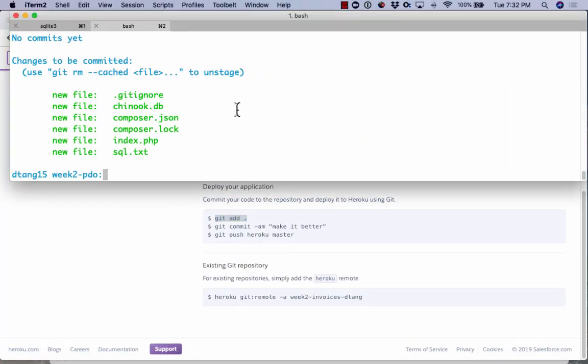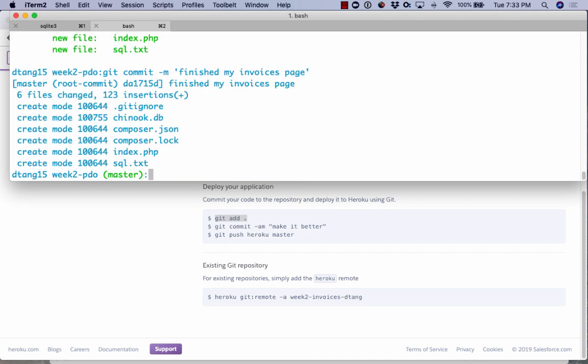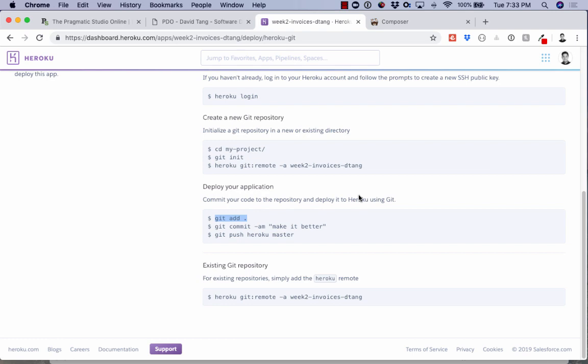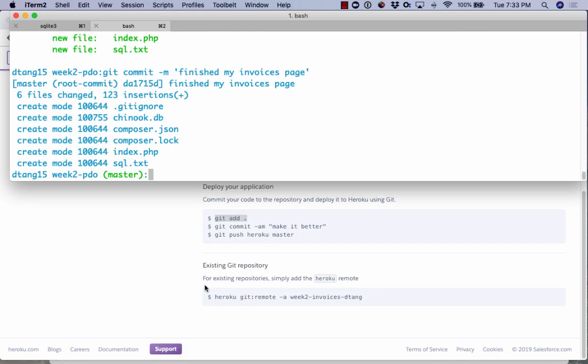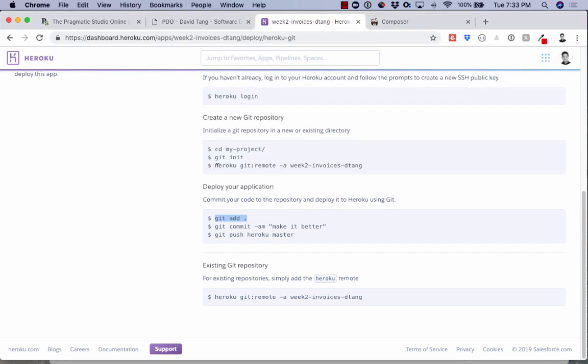Okay, so I added this. So I'll say git commit -m, I'll say, let's see, finished my invoices page. Now I need to link my local repository with the Heroku one, so we need to actually run this command,